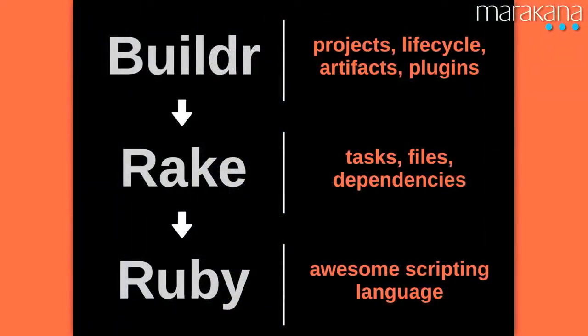So how did we do it? Well, we used Rake as our framework to handle files and file dependencies. And Rake is pretty good at the notion of task. So you could create a lifecycle under a project and say, my project is first going to look for dependencies, and it's going to compile, and it's going to package and test and upload. So if you do an upload, you have to go through all those tasks before. Of course, we're based on Ruby, which is pretty awesome by itself. And we added a lot of added value, our own DSL on top of Rake.